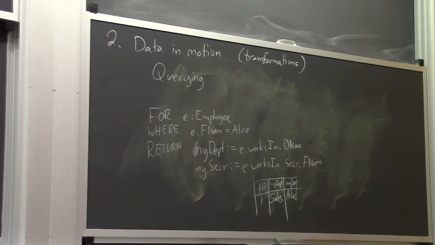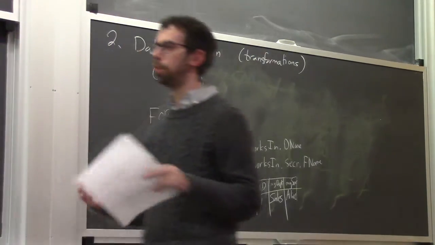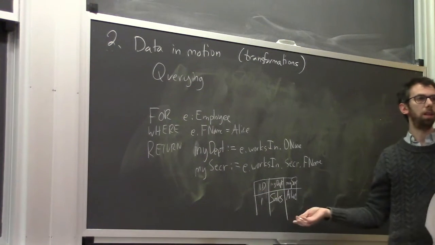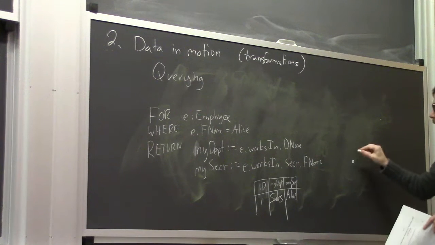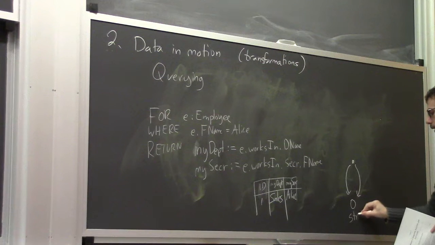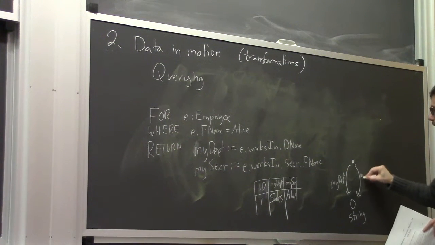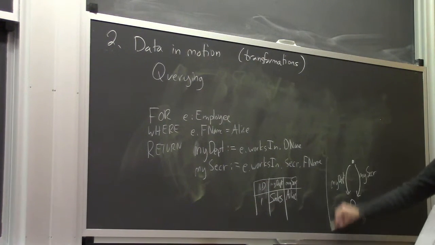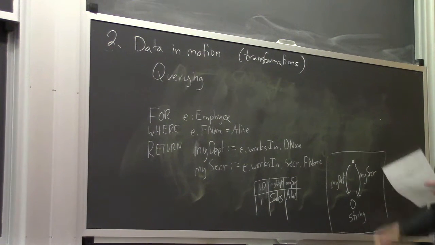So we're talking about querying. That's a way that data can move. There's all this data here, and we've changed its form. We've done a transformation of the data to make it a database here. This is also a database, it just only has one. This is a database that looks like this: string, my dept, and my sec. So we got data from this very small database, and we moved it from that one to this one.